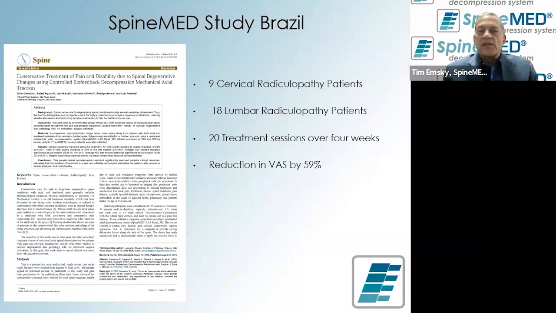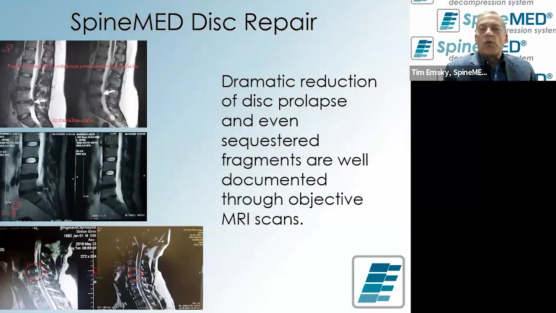Now, one of the unique things about the research done with SpineMED is that SpineMED has had zero input to any of this published research. We haven't sponsored it. We haven't dictated it. We actually have been surprised when it becomes published and our distributors or other colleagues around the world tell us, wow, we published this study. So they're not biased in that we did not